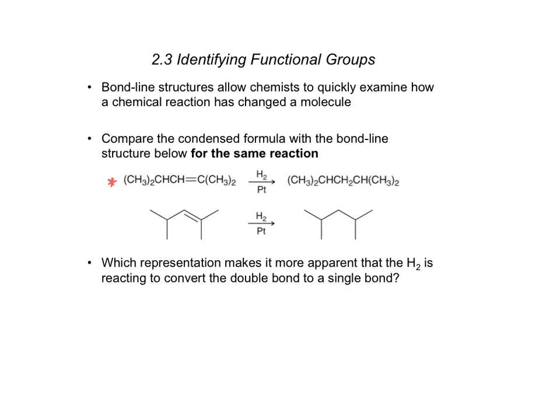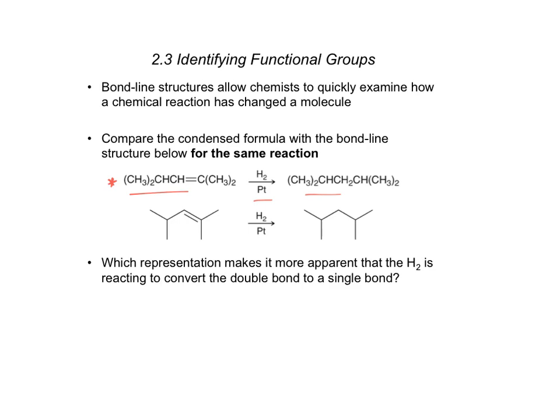And this is an overall reaction. We take our reactant here, we react it with hydrogen in the presence of platinum metal, and this is our overall product. If we're looking at this in this condensed formula type depiction, it's really hard to determine what